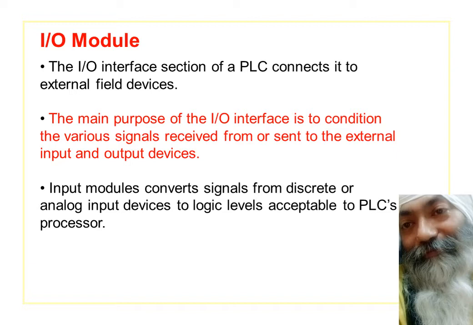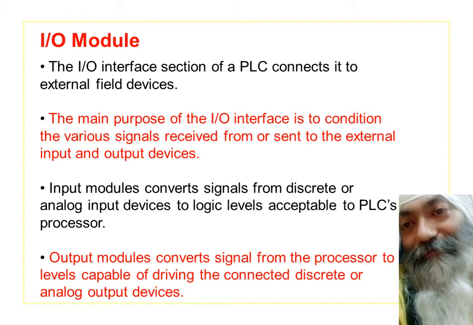So friends, this conversion is, as I told you, to convert the various logical levels, both for discrete as well as for analog devices. The output module similarly converts the level the way we do it for the input kind of devices. The role is just reversed: in case of input, it's converting from AC to DC at TTL level. In case of output, it's converting TTL level DC to AC level. That's how things go, and we shall be seeing it shortly.